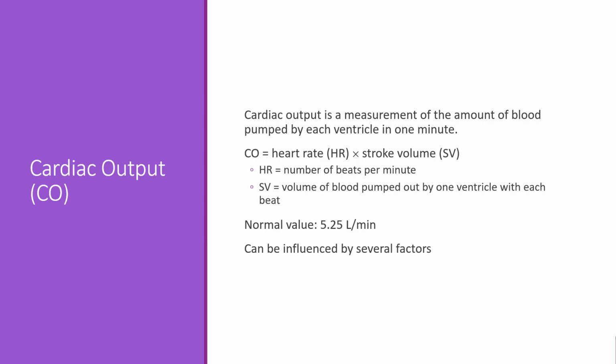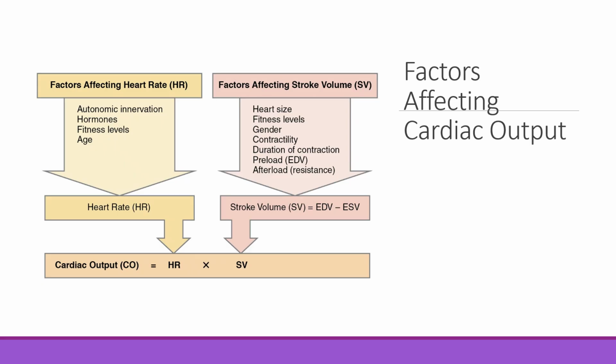There are lots of factors that can influence cardiac output. Here are some of the factors that can affect it. Things that affect the heart rate include autonomic innervation, your fight or flight and your parasympathetic side. Hormones, fitness level, and age are all things that factor into an individual's heart rate. Factors that affect the stroke volume include the heart size, fitness level, gender, contractility, duration of contraction, and